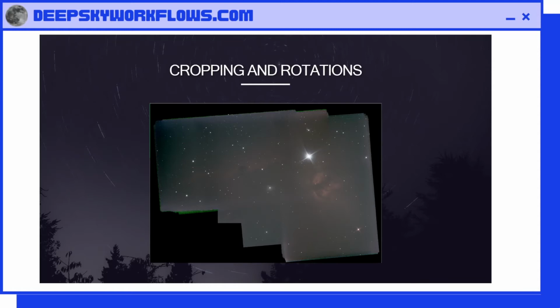Another important step to take early in the process is cropping and rotation. This is an example of an image that was assembled from several different image panels, and you can clearly see it's got an irregular shape. If you notice the edges, there's really a lot of noise. That green and rainbow color set of bands are all pieces of noise and artifacts